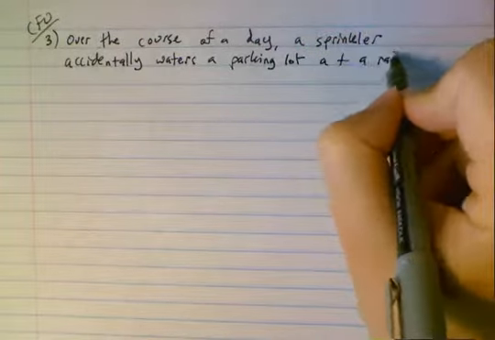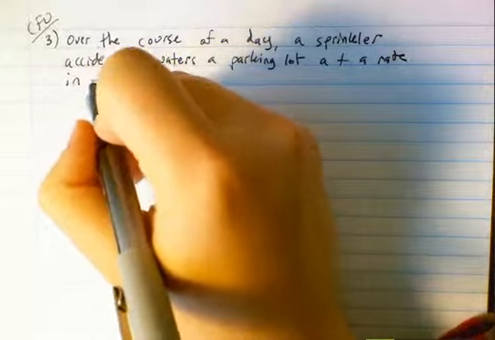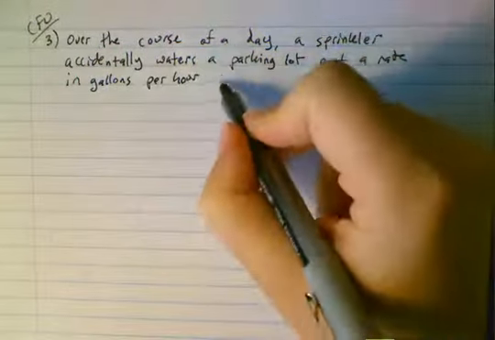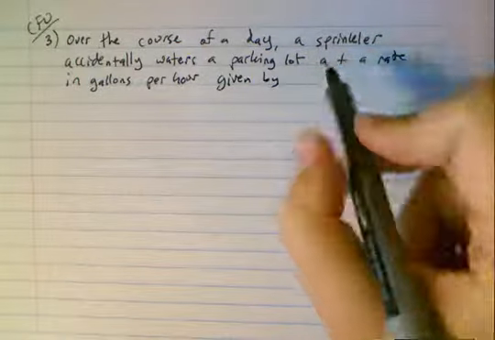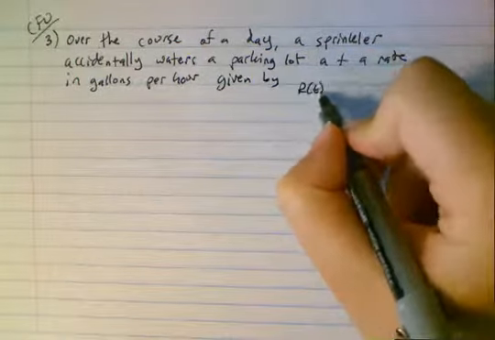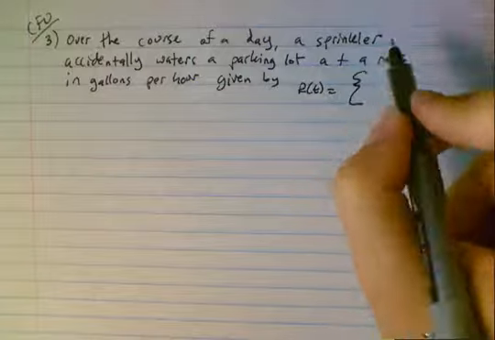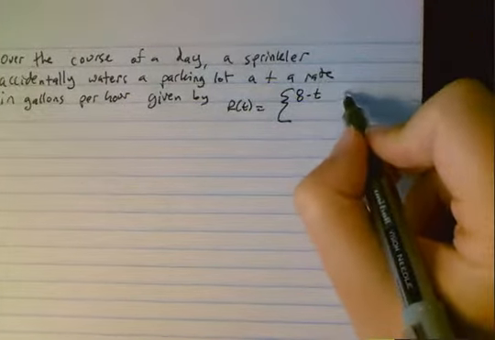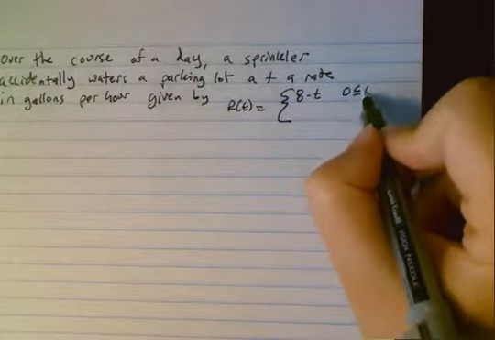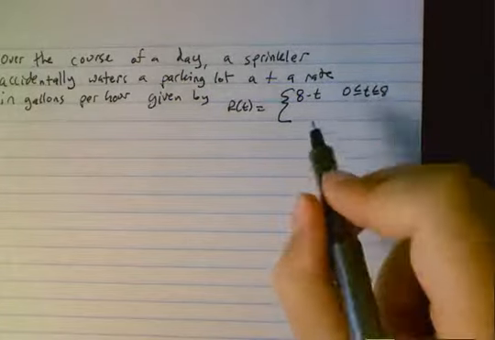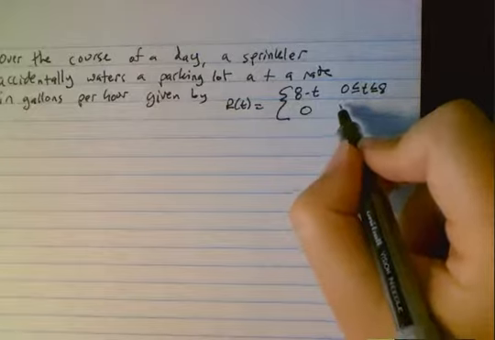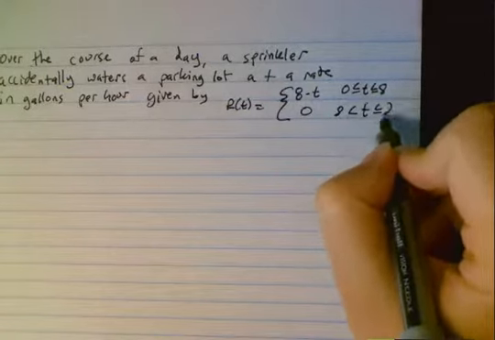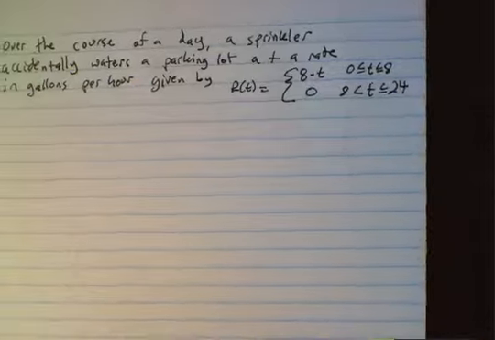At a rate in gallons per hour given by R of t equals 8 minus t when t is between 0 and 8, and 0 when t is between 8 and 24,